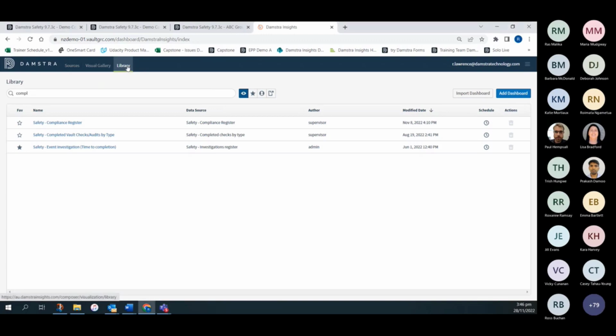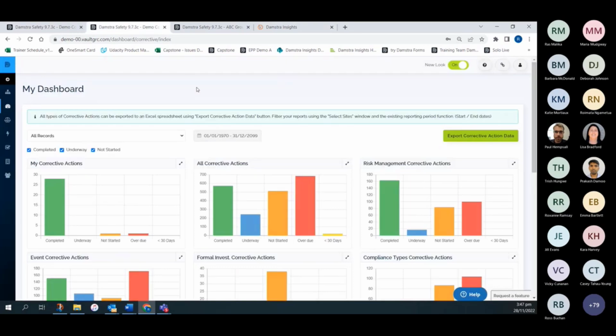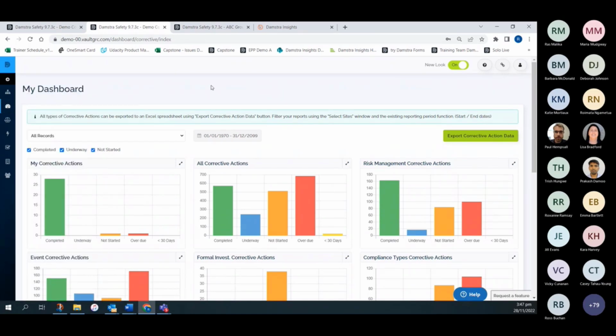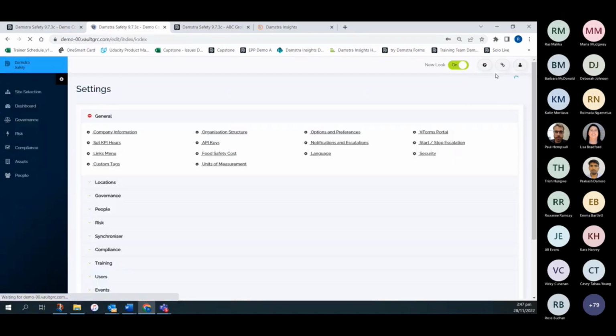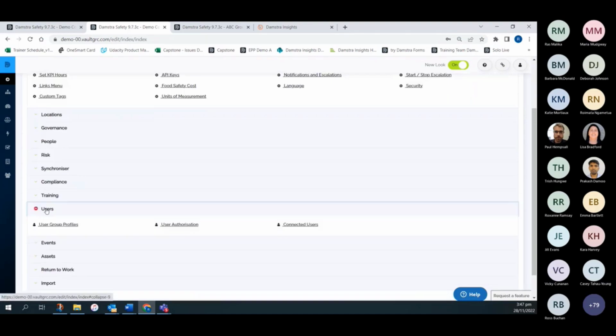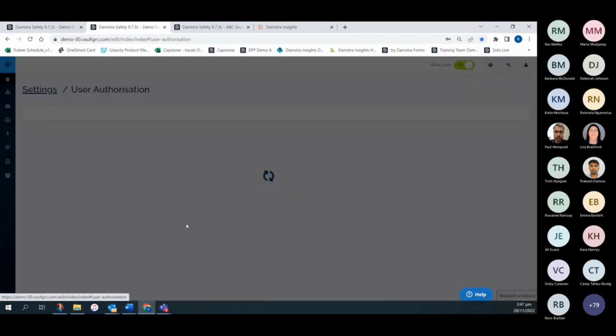Someone's just asked me before about not being able to see that they've got insights. Let me just quickly show you where that is. If I go to my dashboard, insights here, how do we make that appear if we don't have it? If you have access as a super user, or you may have to ask your safety manager or safety advisor, someone with super user access, what they would do, they'd come up here to the settings, down to users, user authorization,